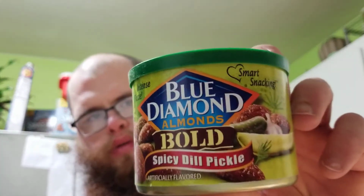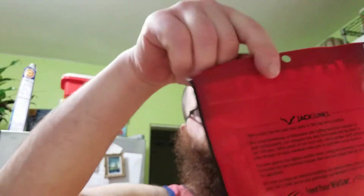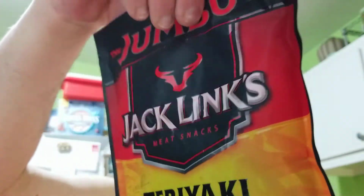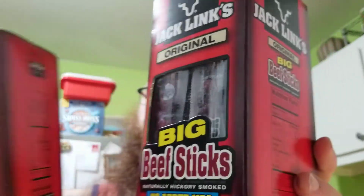We've got Blue Diamond Almonds, bold, spicy dill pickle. So if you want to pause, you can pause and look at the macros if you want. We got Jack's Link's teriyaki beef jerky. So I try and have healthier snacks, especially like watching a movie, got 2 of these guys,